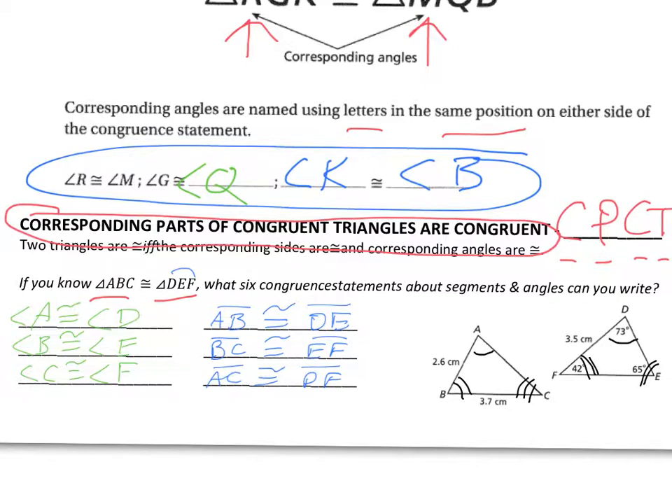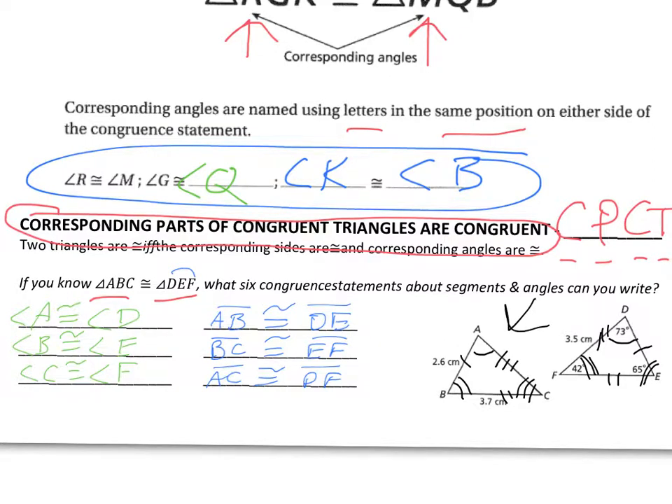And then we have segments. AB is congruent to DE, so there's AB, there's DE. And then BC and EF, and then AC and DF. Okay, so we've labeled all the congruent segments, all the congruent angles, and now we can find all the angles